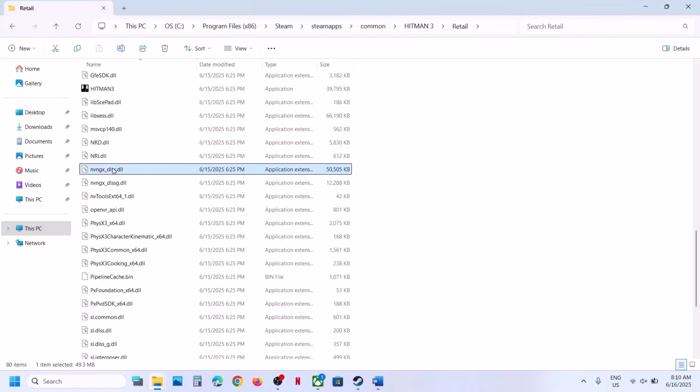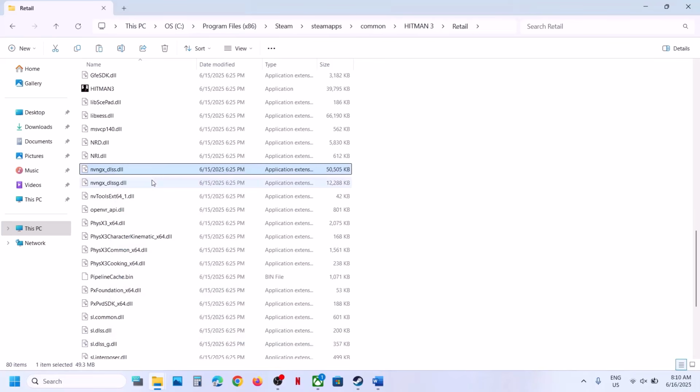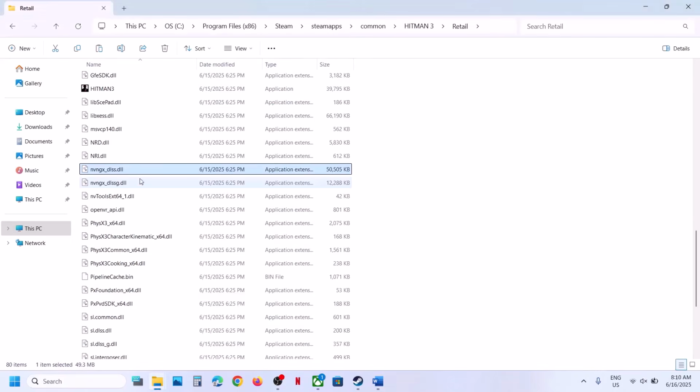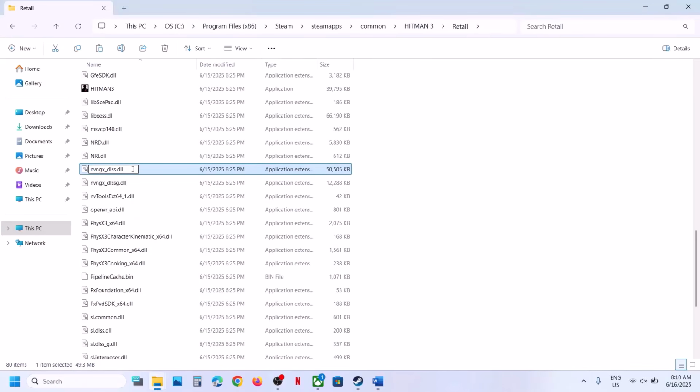So copy this file first of all. Create a backup for this file, so copy it and maybe paste it to the desktop. Once you have a backup, now you can rename or delete this file. So either you can rename it or you can simply delete it, and then you can launch the game and